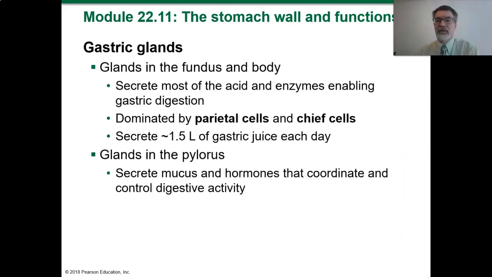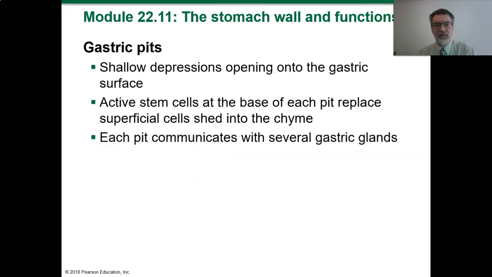Right, the gastric pits have 2 major cell types: the parietal cells and the chief cells. These are producing the gastric juices, so they're producing the acid and the enzyme for digesting our food. We also have those enteroendocrine cells, these hormone-secreting cells that can coordinate the activity of the digestive system, right? So these gastric pits can be shallow depressions,